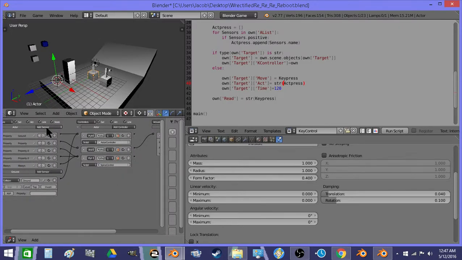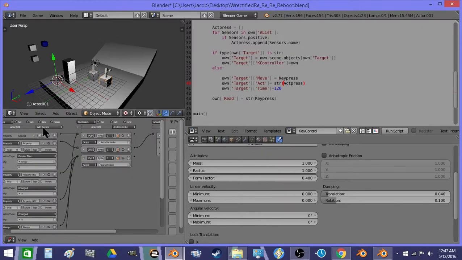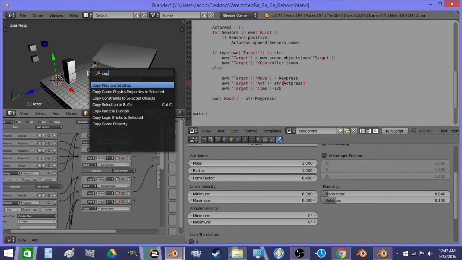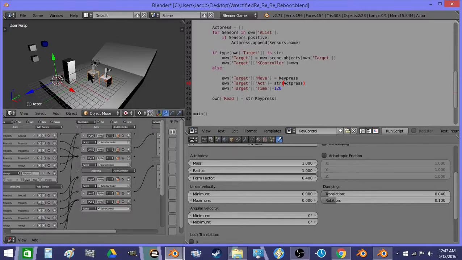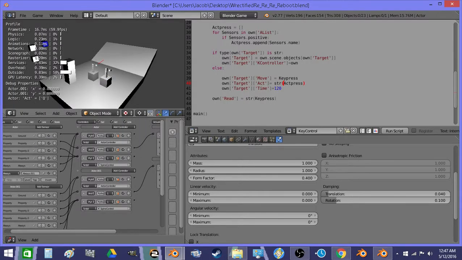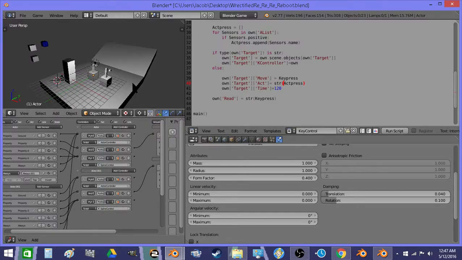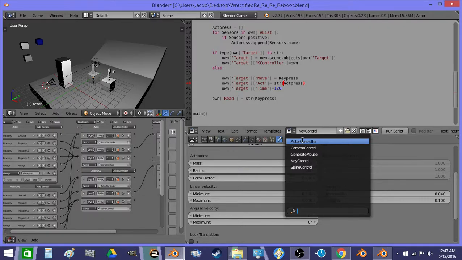One thing we're going to want to add is an always sensor to init this thing. Same with this guy. So you'll notice down here, left mouse appears in act, so does Q. So that's set up. So now inside the actor controller,